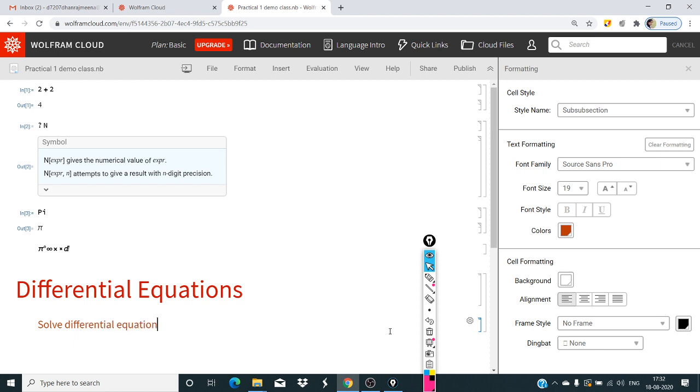So what you will observe here, see these things. These are all your inputs. So they have a different font, but these are your commands. In fact, you can say text, heading, subheading. So they have a different thing here. So this is how you can use these things in the file.